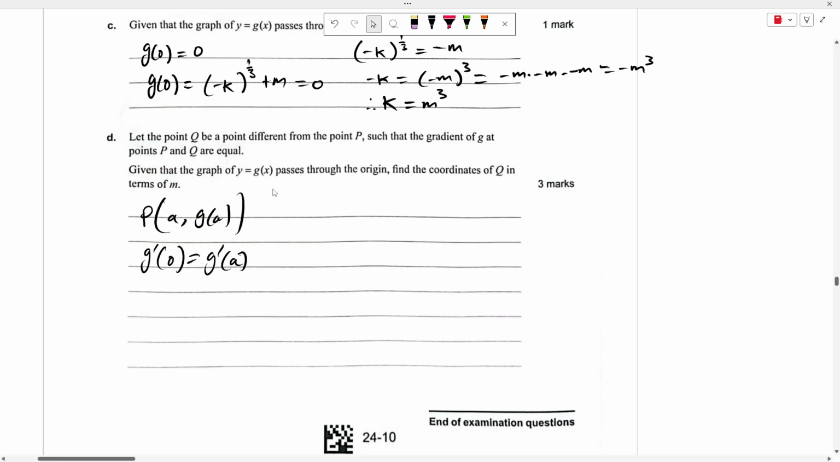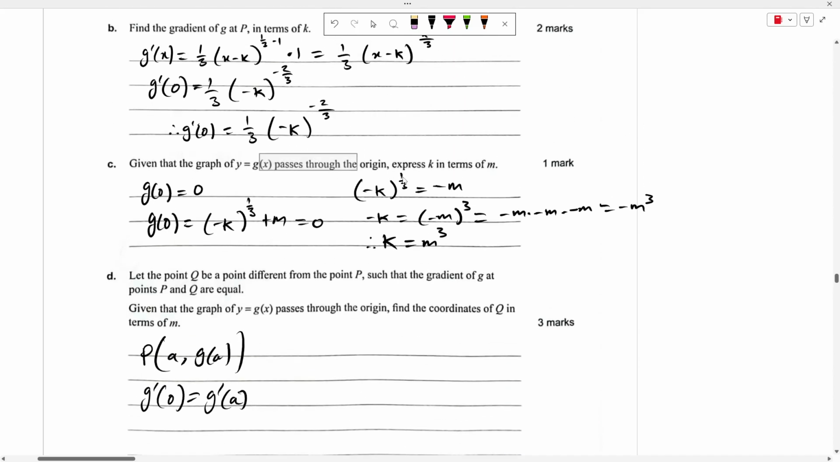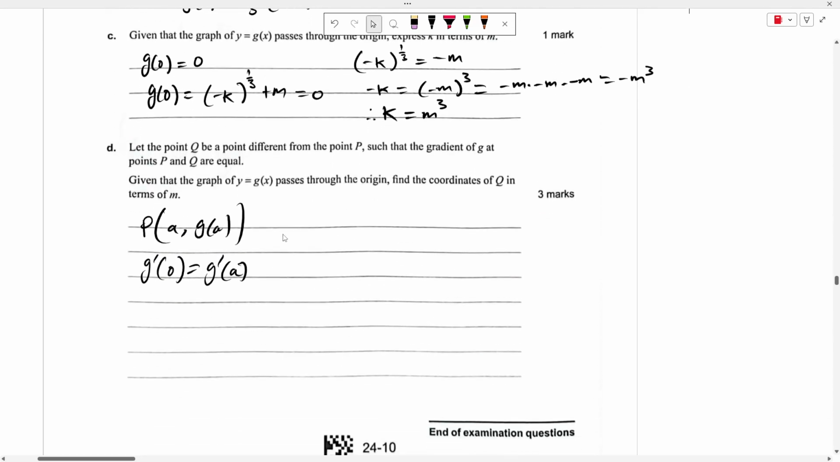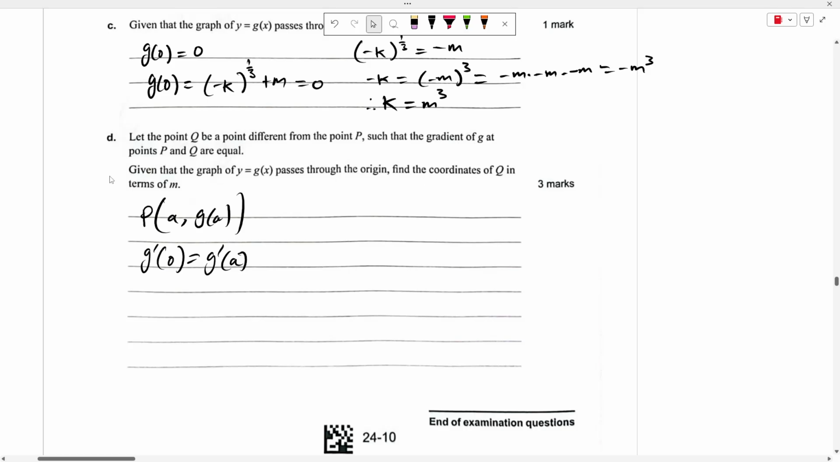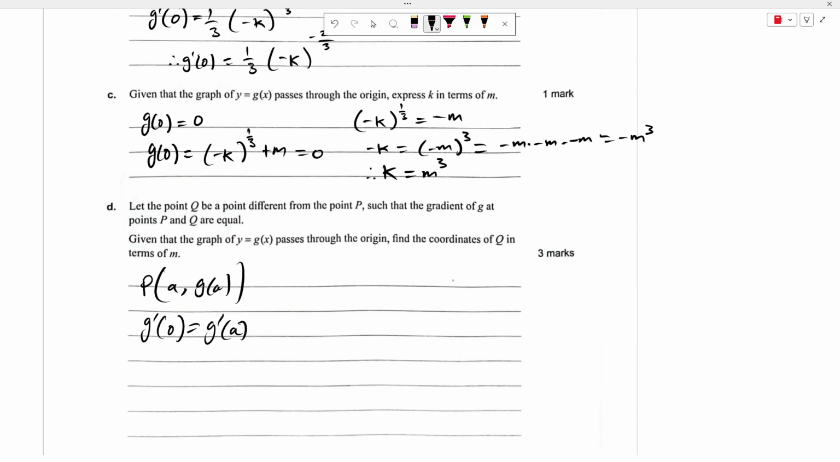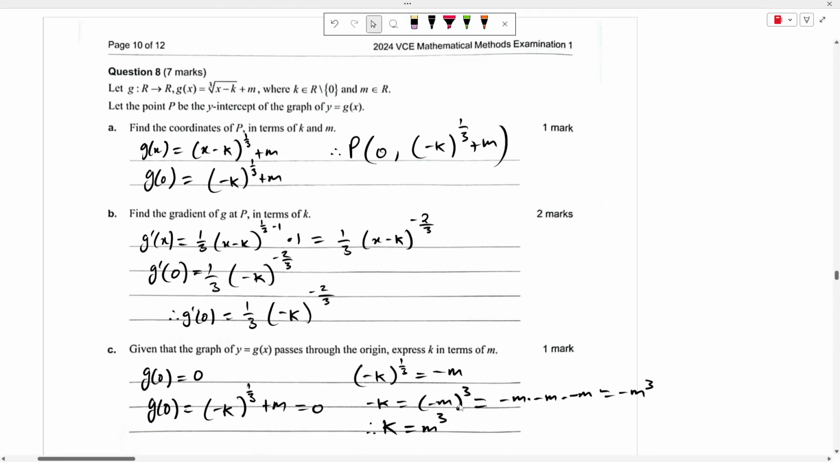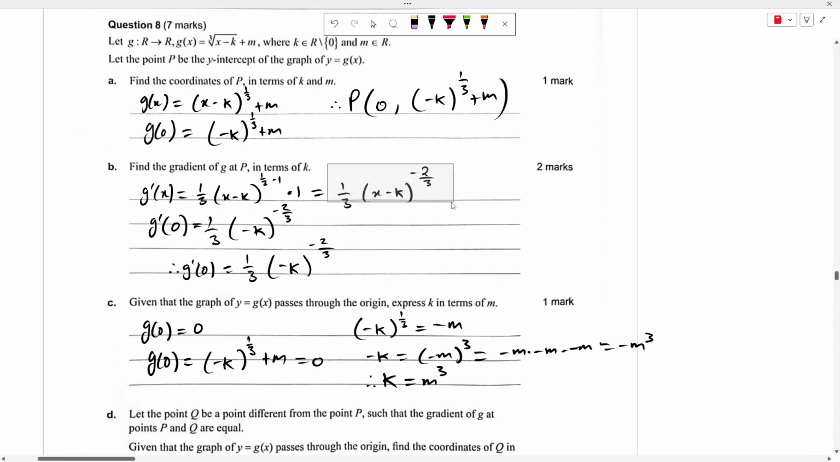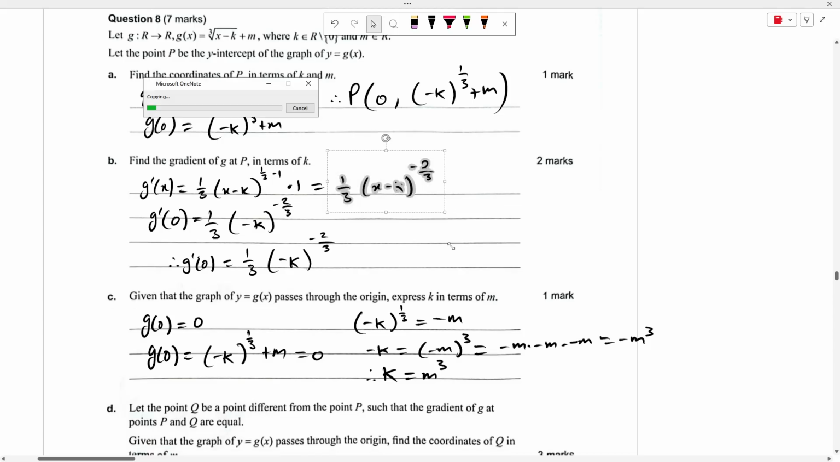Given that the graph of y equals g of x passes through the origin, we know that k is equal to m cubed. Find the coordinates of Q in terms of m only. So no k, only m. Okay, g dash of 0 was a third, negative k to the negative 2 over 3. And remember, g dash of x was this right here. So I can copy this